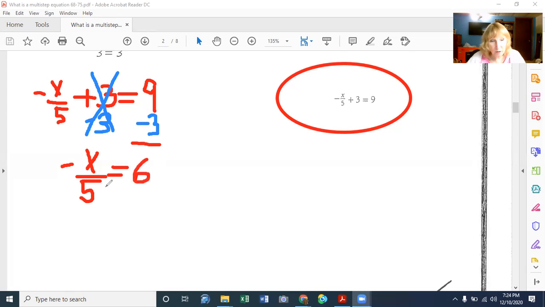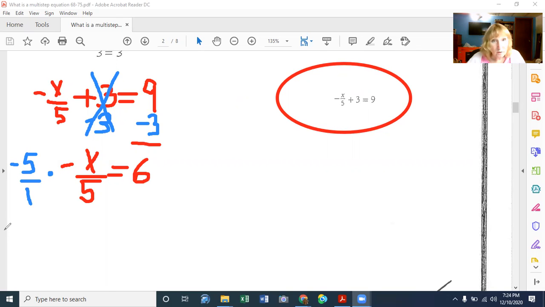Okay, my last step then to get my x by itself is to see what did I do. This time I divided, right? I divided x by 5. So I do the opposite of what I'm doing in the problem. If I'm dividing, then I have to multiply. So I'm going to multiply by, this little dot means multiply, a 5 on the top and a 1 on the bottom. Notice how I also have this negative sign. So I'm going to actually multiply by negative 5 over 1